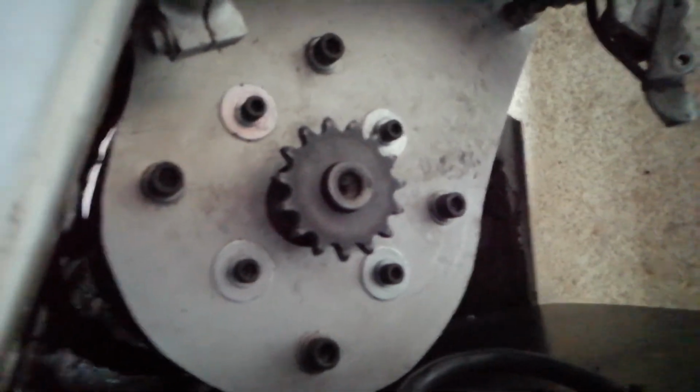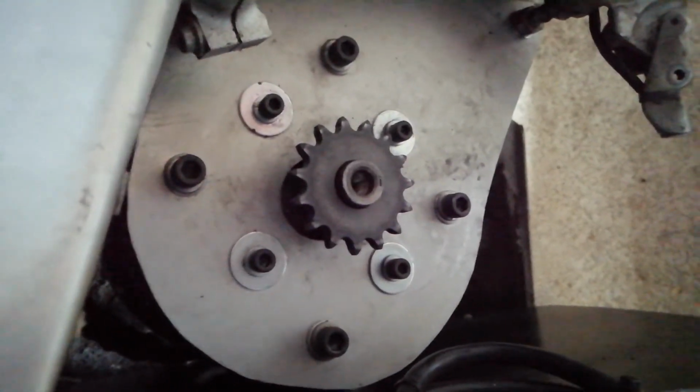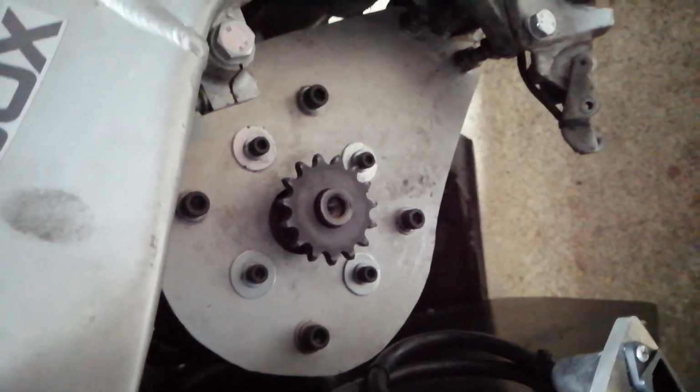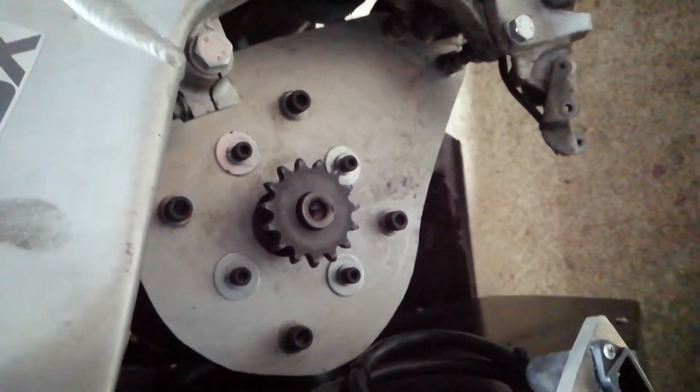Yeah, so that's where we're at. Sorry for the poor quality video. All well from my side. I haven't got the Rona yet, hopefully ever, but yeah, that's where we're at. The bike's been absolutely flawless except for that. That was my fault. I should have done that in the beginning. Hopefully that